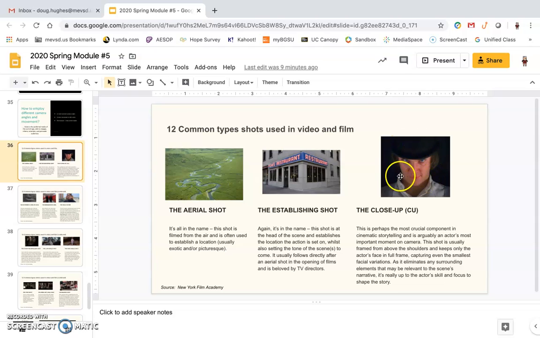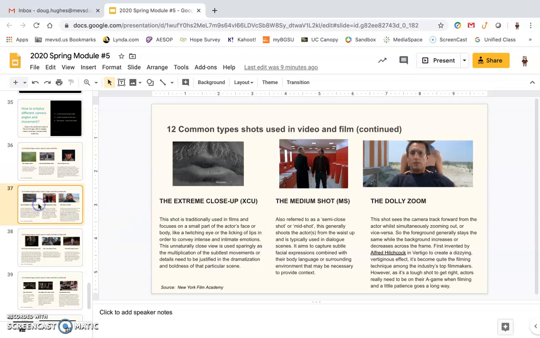The close-up shot definitely shows a lot of emotion within the character's face. We have the extreme close-up shot. Typically that's with the eyes. This shot is from the movie Citizen Kane, which was very instrumental to the whole film, where he says the word rosebud. But it's used to show deep emotion, and it should definitely be used sparingly because you only need that when